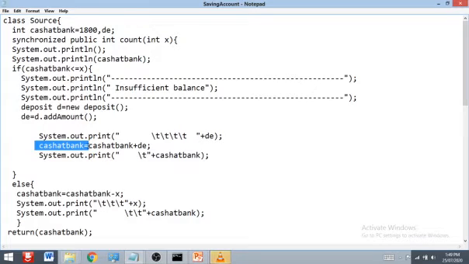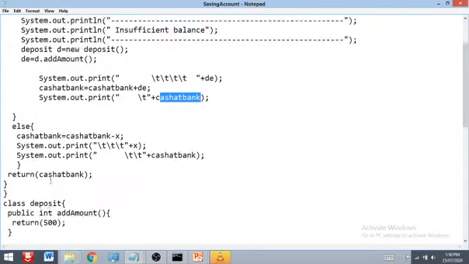Cash at bank equals cash at bank plus deposited amount. Whatever money we have in the bank account plus the deposited amount is our new cash at bank. It means balance amount, right? So here I display this.